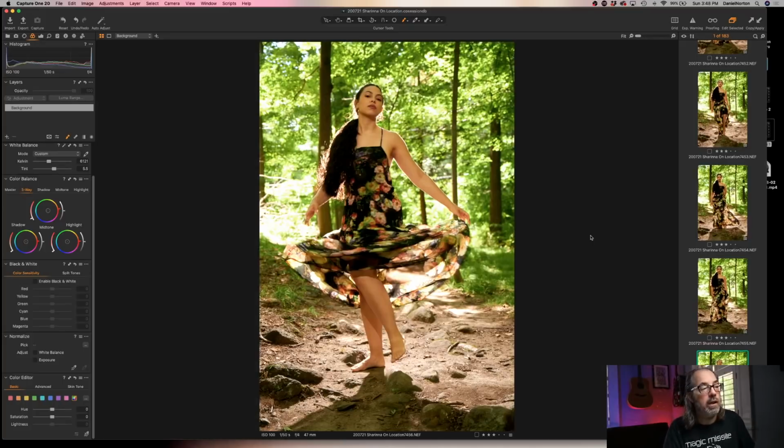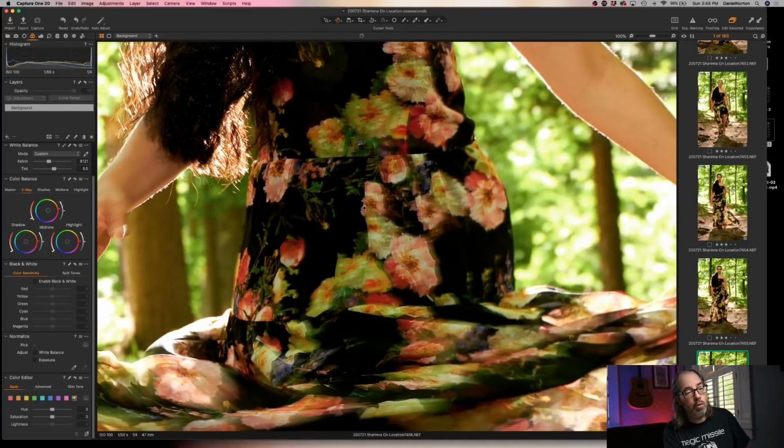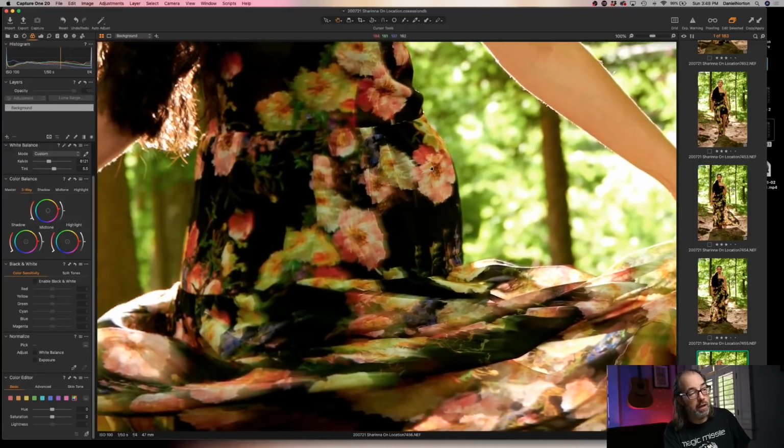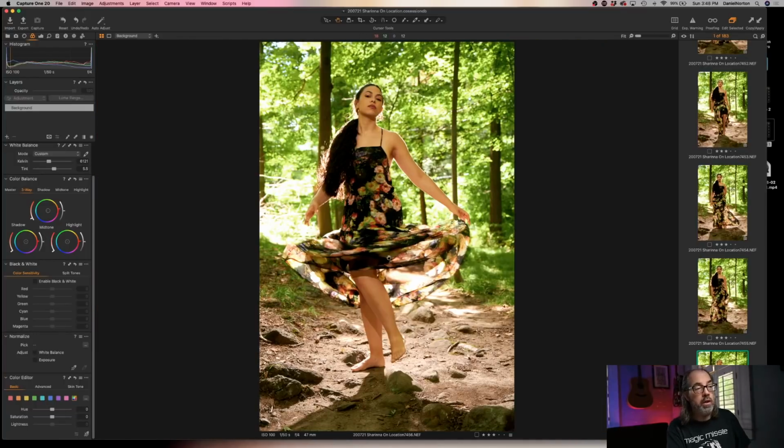Again, when we're doing a lot of motion, we're going to get blur on our hands. There's just really nothing we can do about that. The only thing you can do to prevent any of this, like her fingers disappearing there, is basically to ensure that they're not getting hit by too much of the ambient light, or they're not moving too much in the shot. So you just have to really watch the pose, and also when you fire the camera. I was trying to time myself so that her hands would be more or less in their finished state before I click the button. So there's a lot going on when you're trying to do a shot like this. It's just a matter of playing around with it,